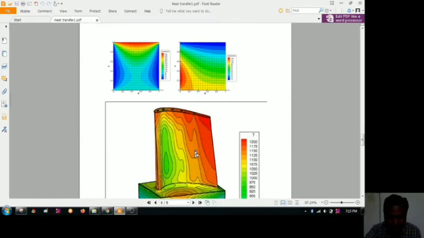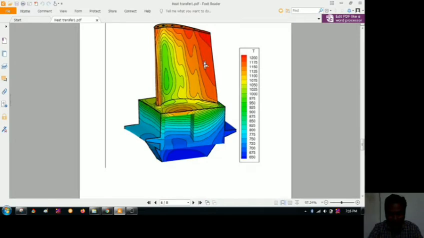Now why are we discussing heat transfer with respect to FEM? In FEM we are solving problems related to heat transfer, such as thin sheets, or plane strain and plane stress related problems. Here you can see a thin sheet where heat transfer is occurring from one point to another point. Maybe this is the heat source point, and transfer of heat is taking place. In one more example, the heat source is here. So how is the heat transfer occurring?